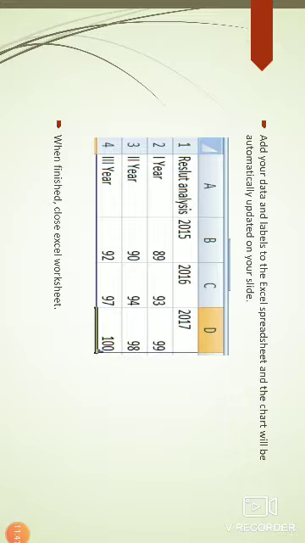Similarly, first year, second year, third year, and in column B 89, 90, 92, and in column D 99, 98, 100. I have entered all this data. After entering the data, we have to close the Excel worksheet.